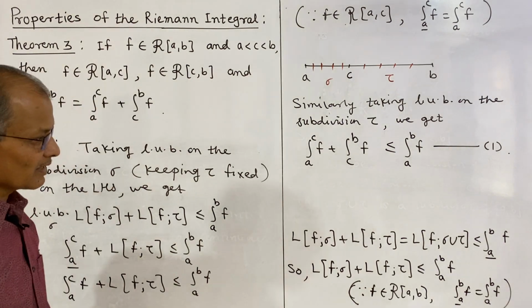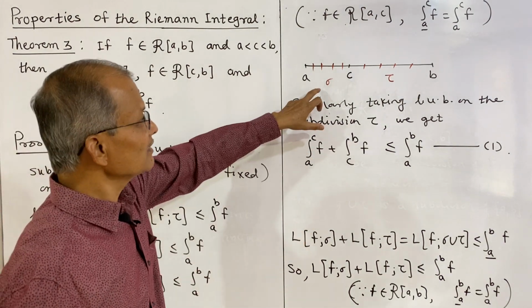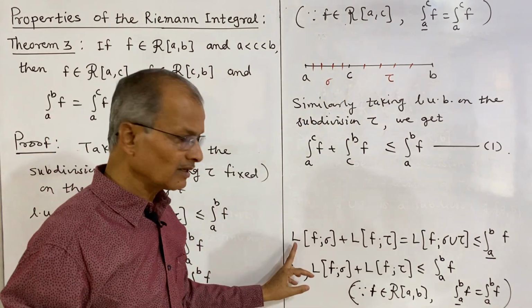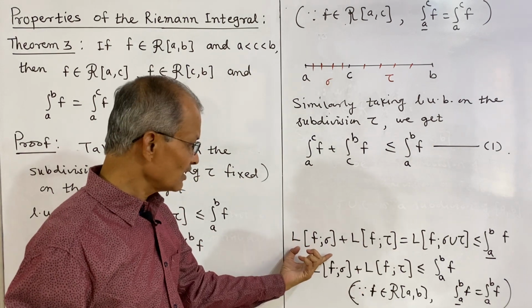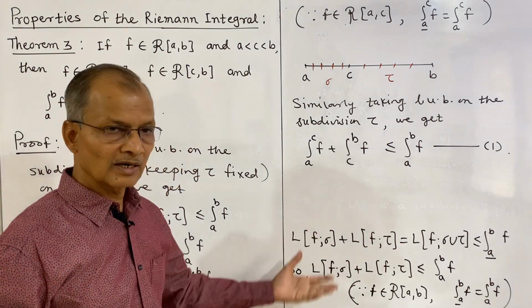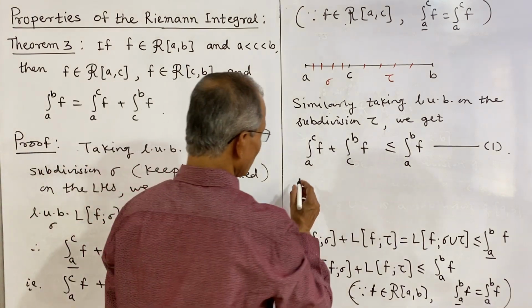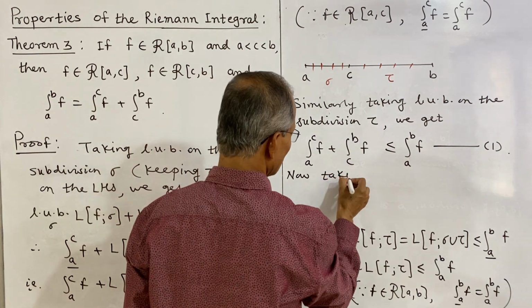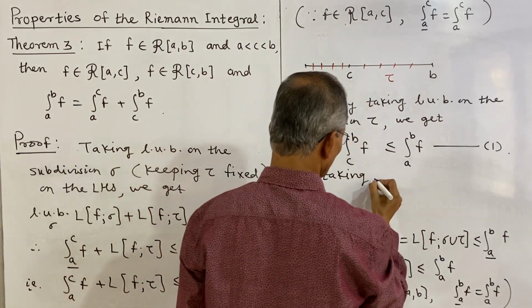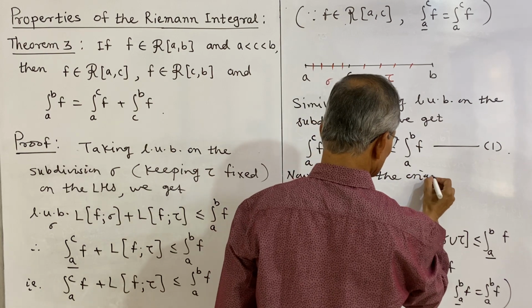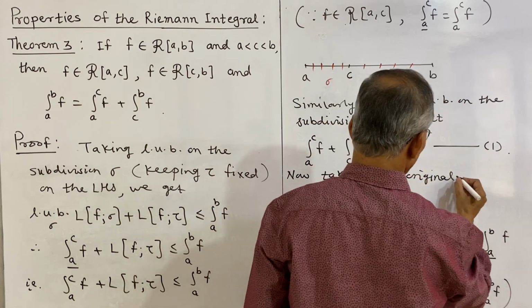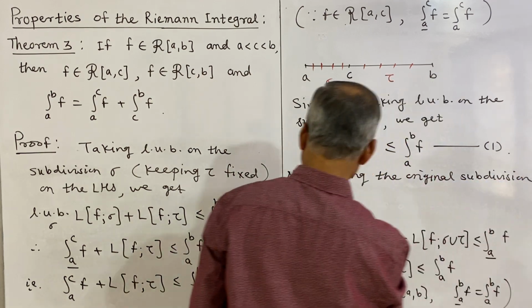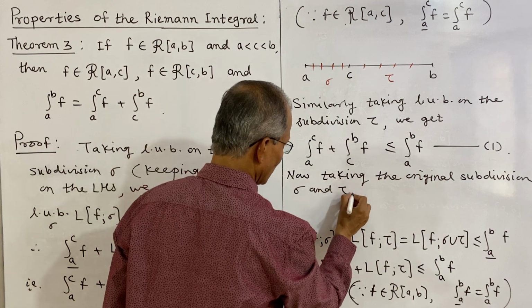Now what we should consider is, as earlier, taking the original subdivisions sigma and tau, now we write the result in terms of upper sum. So this result we have written in terms of lower sum, now we write the same result in terms of upper sum. Now taking the original subdivisions sigma and tau, as in the earlier case, we have